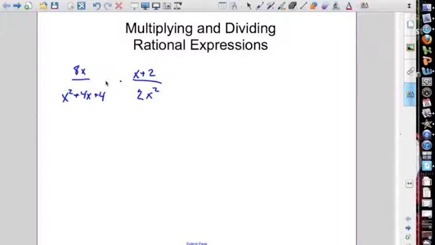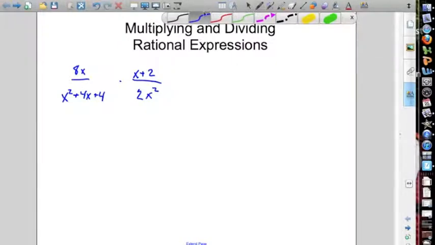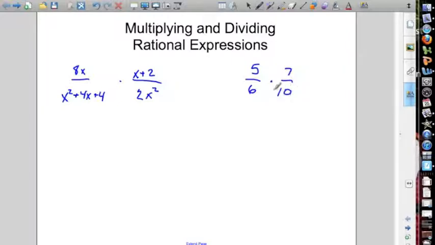Today we're going to talk about multiplying and dividing rational expressions. As we go to do this, it'll be important to understand that this is the same as we've been doing, and it's the same as we've done with fractions before. Just to make sure we remember, if we had 5/6 times 7/10, some stuff that we did before,